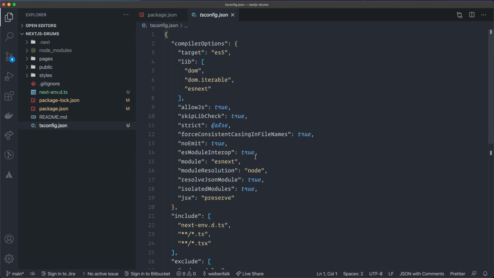You can see that Next.js has filled it up with some defaults. So we're going to use these defaults. I'm not going to change them. But there are some things we have to do to get the styled components to work properly with server-side rendering in Next.js. So we're going to create a new file at the root. We're going to call it